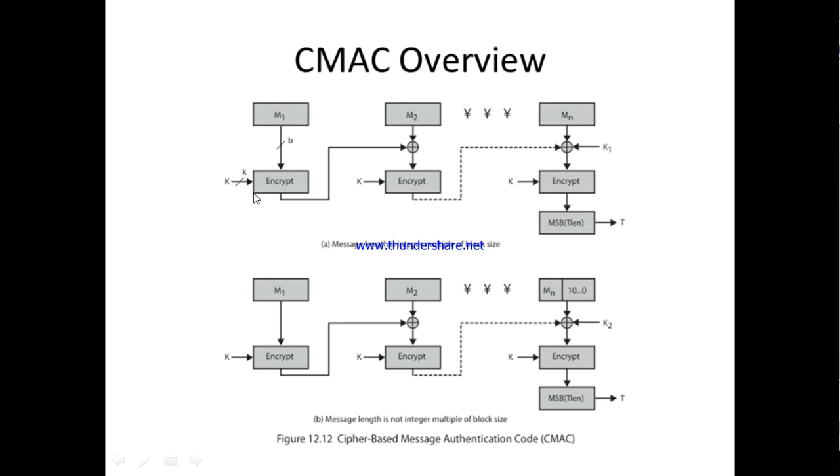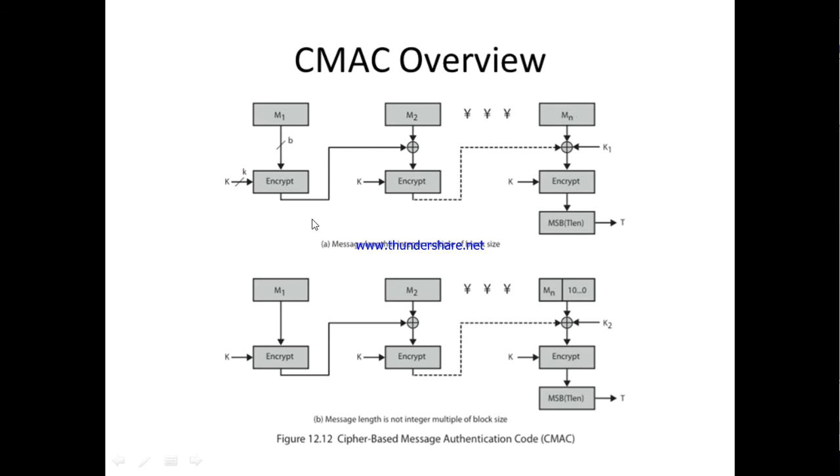The message is encrypted, alright, and that encrypted output is given as input to the next block. This is how cipher block chaining is performed, right? And the last one is what we generate here. When you observe at the last, we are applying key 1. Clear? When the message length is larger than a multiple of the block size, we need to pad something, right? M1, M2, Mn, and we divide them into blocks.